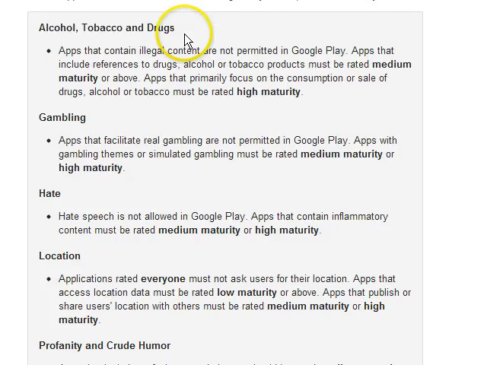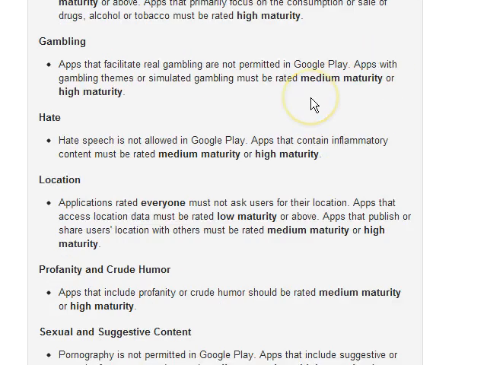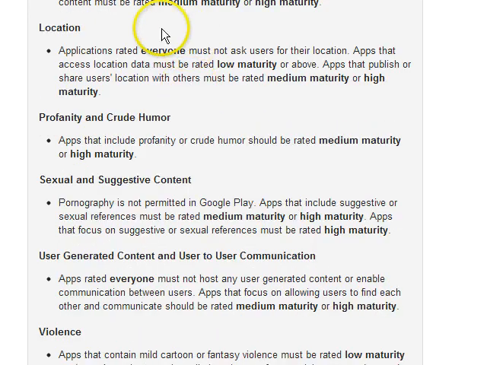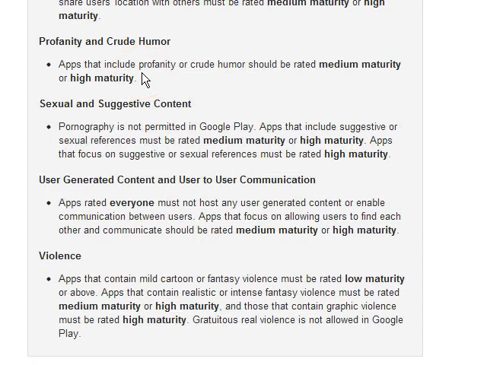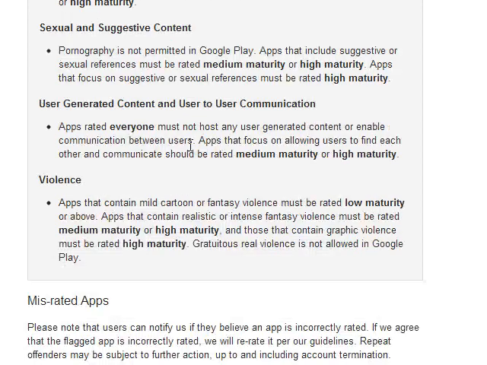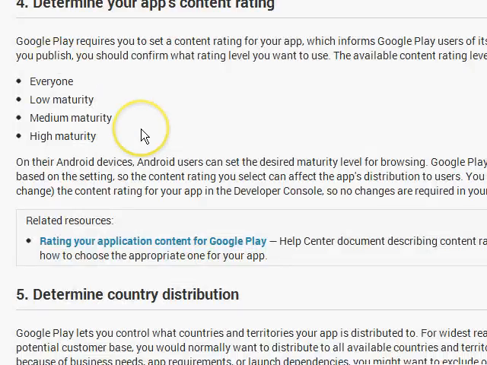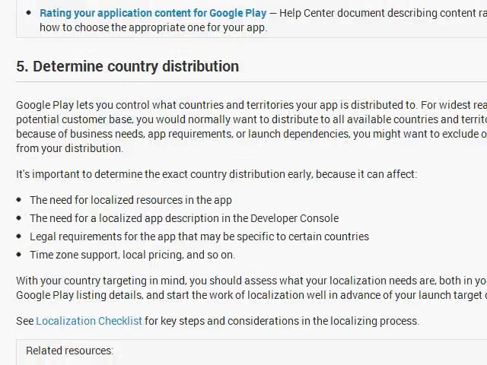Okay, alcohol, tobacco, and drugs, if there are any references, medium or high maturity. Gambling, medium or high. Hate speech is not allowed, but inflammatory content must be medium or high. Location can't be everyone. Profanity, medium or high. Sexual or suggestive content: pornography is not allowed, and any suggestive references must be medium or high. Okay. So again, no major surprises here. Just make sure that when you look at the app content rating, you're setting it properly,